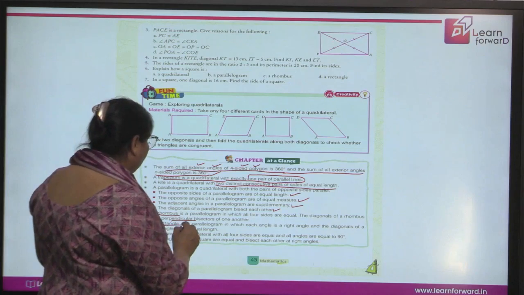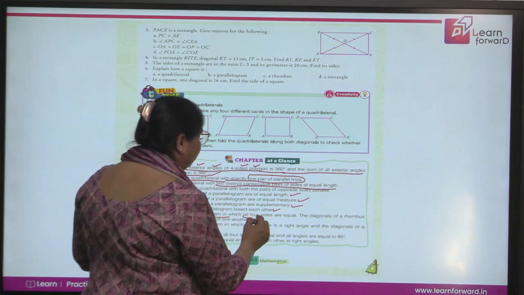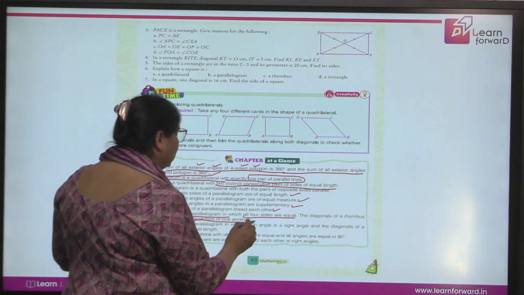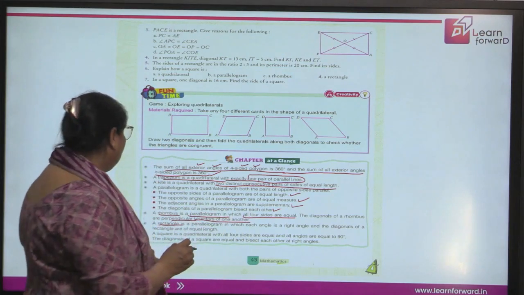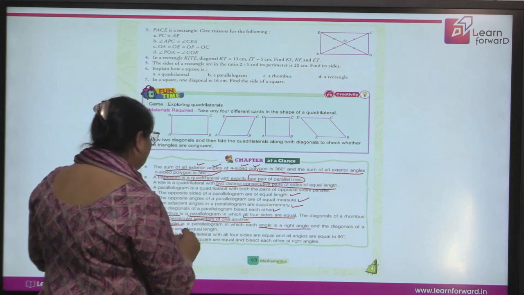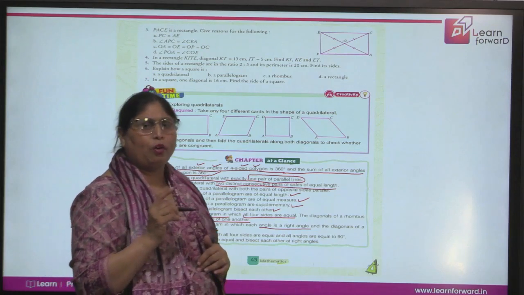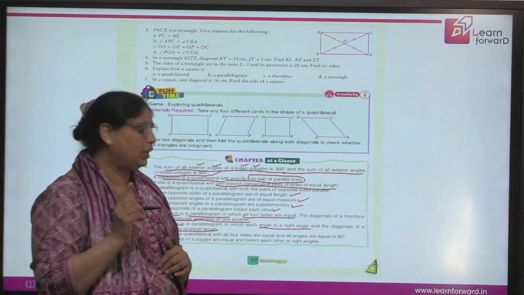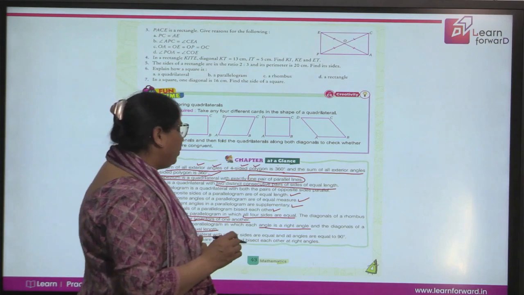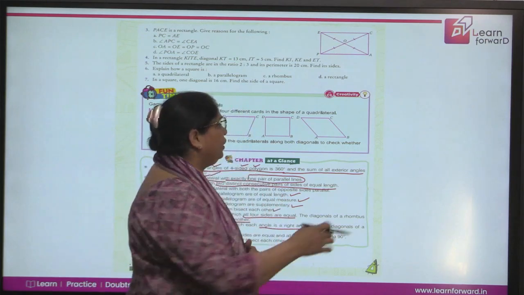Now, a rhombus has the same properties as a parallelogram, but all four sides are equal and the diagonals are perpendicular, or bisect each other at 90 degrees. A rectangle is one in which each angle is 90 degrees and the diagonals are of equal length. The length of the diagonals is not equal in a rhombus, but it is equal in a rectangle and a square also. A square has one more property, as in a rhombus also, the diagonals bisect each other at 90 degrees.